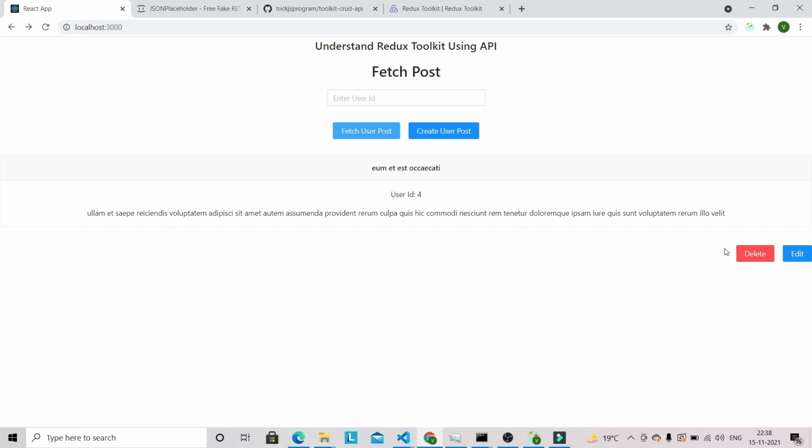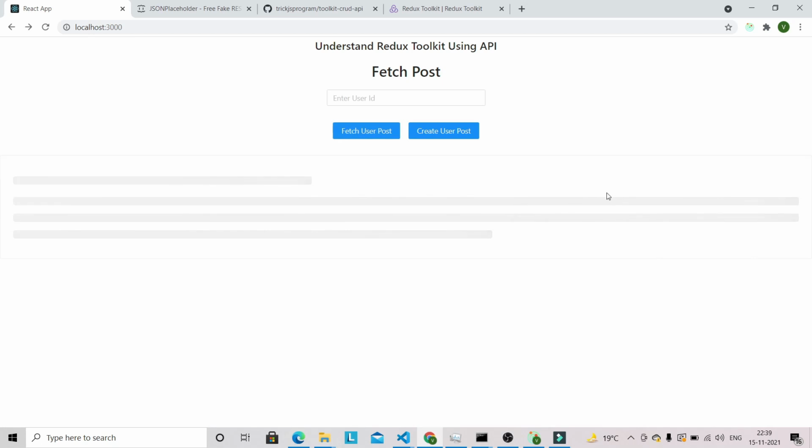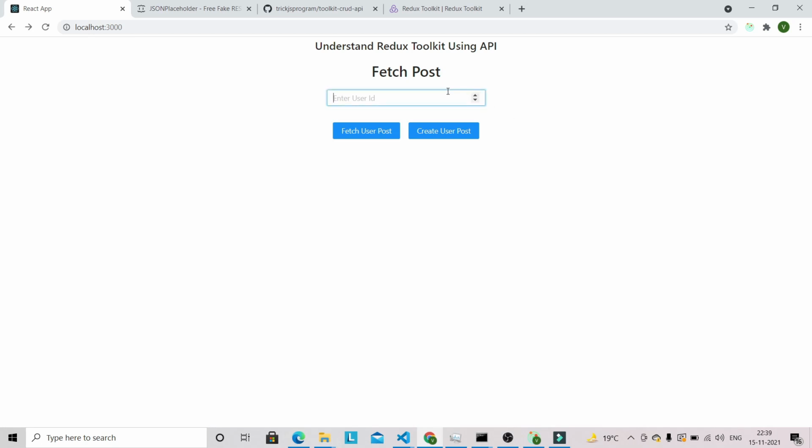And now if you click on delete, this post will get deleted. So you can see that this post got deleted. Now let's perform the update operation. Let's fetch a user post first. I'm going to give the ID here, 5,